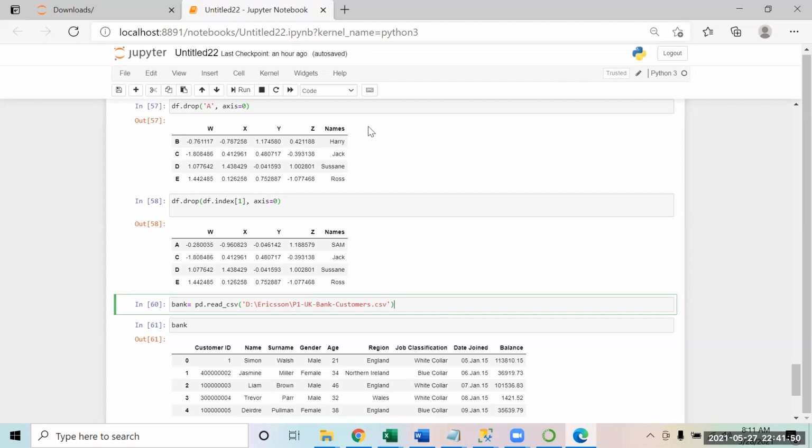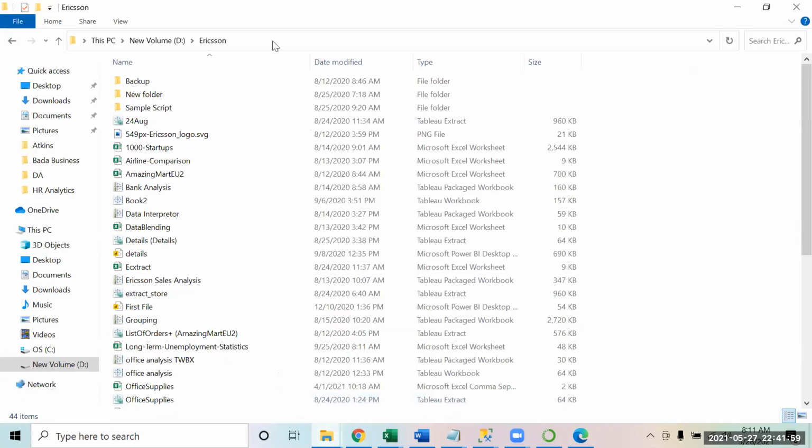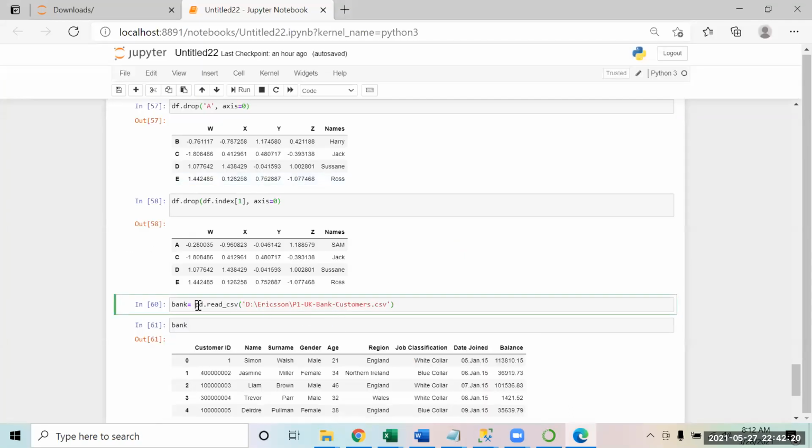Amit, can you repeat once again from the beginning? How did you copy the file and how did you extract it? See, I had this file kept in one of the folders. You can just make one folder of Python, because now we will start working on the data sets. Up till now we were learning programming. Now we will start using data sets. So make a folder and place that file in that folder. Then you can just say pandas dot read dot CSV. This is a function to load the data from CSV files. Give the path and the file name with extension .csv. Once you run it, the data will be saved.